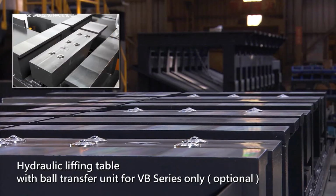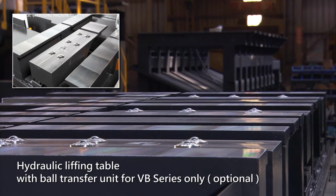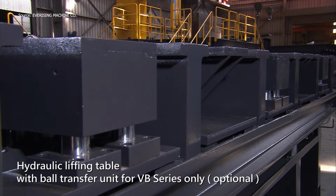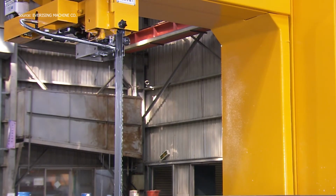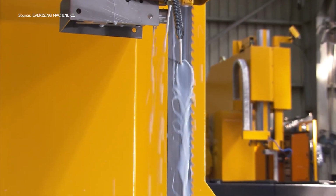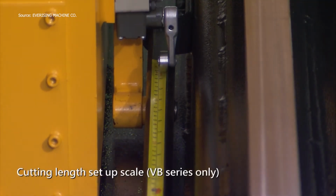The vertical bandsaw system cuts steel plates and blocks up to 1,000 millimeters high and 1,300 millimeters deep, using a blade sized 8,800 by 67 by 1.6 millimeters. Blade speed ranges from 15 to 75 meters per minute, powered by a 7.5